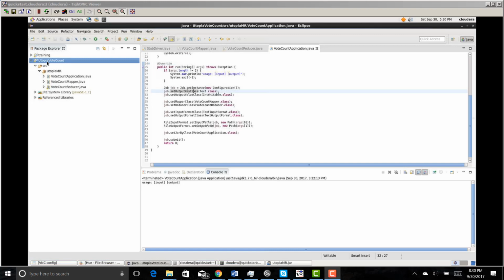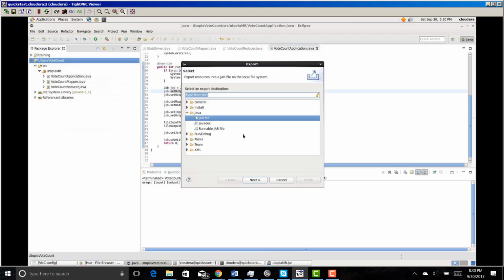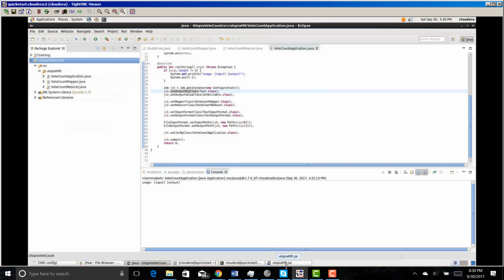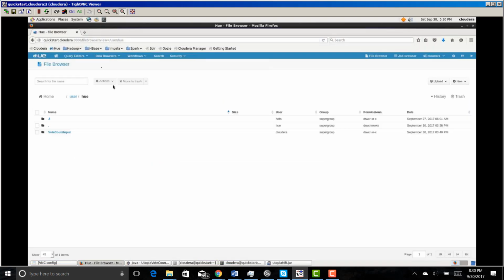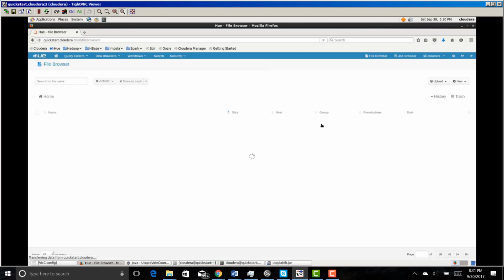Now let us export this as a jar file. So go here, click on export, and you can select the jar file and click on next, and you can save it on your desktop as a jar file. I have already saved it as a Utopia MR jar file, so I'll cancel this. And once you open this jar file, you will find a lot of different files that are available. So now let us go to the browser, click on Hue, go to the file browser,